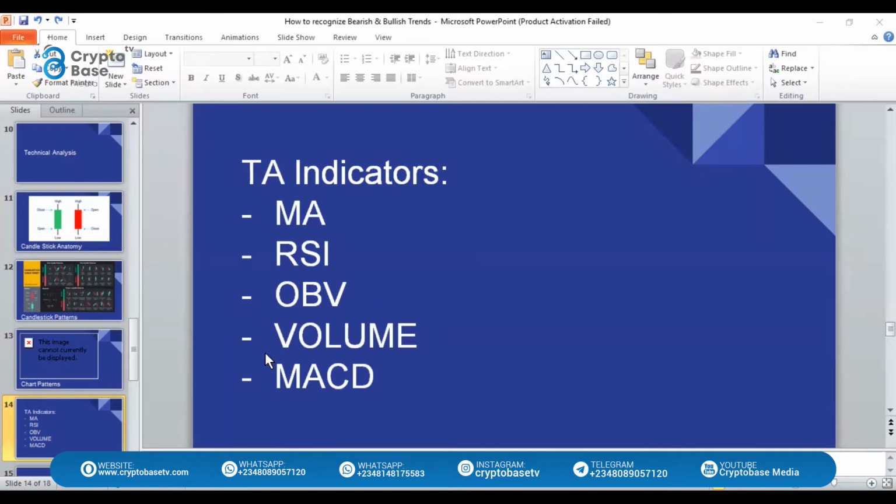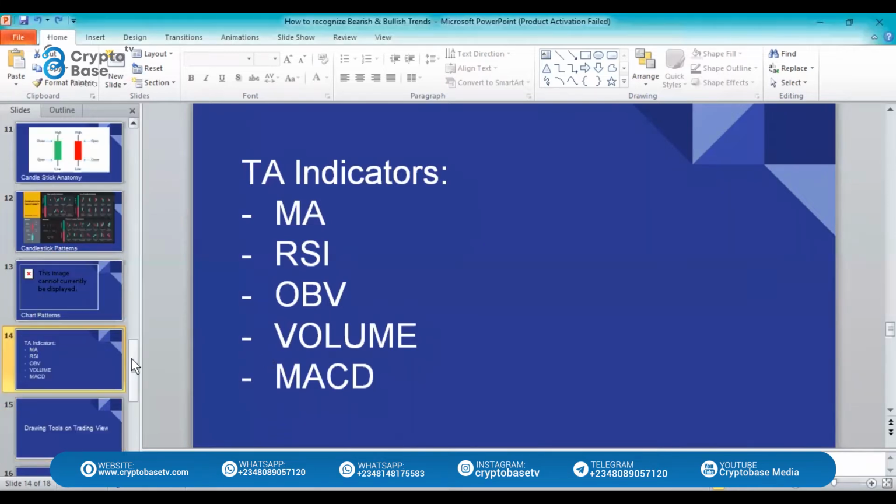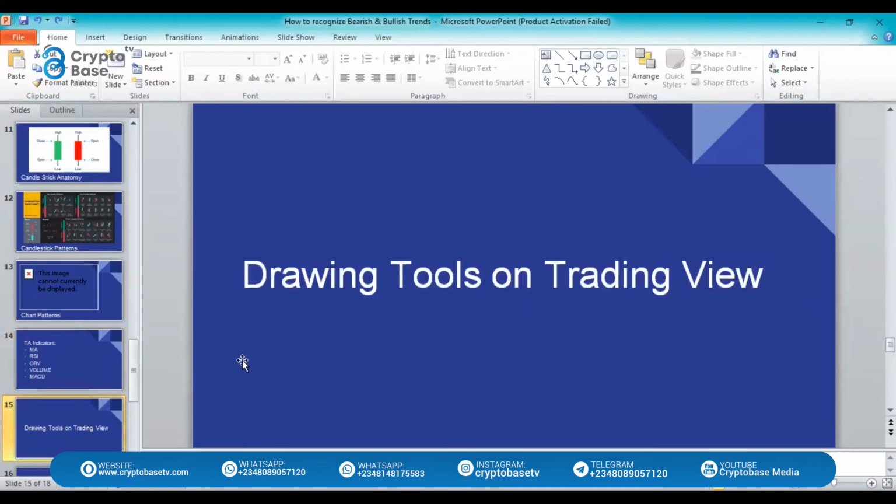And also there are many drawing tools that you can use to make your analysis on TradingView to check whether a coin is about to start a bullish trend or is at the end of a bearish trend or is about to start a bearish trend, guys. It's very, very easy. As I said earlier, the drawing tools, you can have the retracement tool, you can use the trend line to draw your support and resistance. You can even use the trend line to draw a full trend line. You can use the parallel tool. You can use rectangle tools also. There are wide variants and wide options available for you to choose from in your TradingView app.